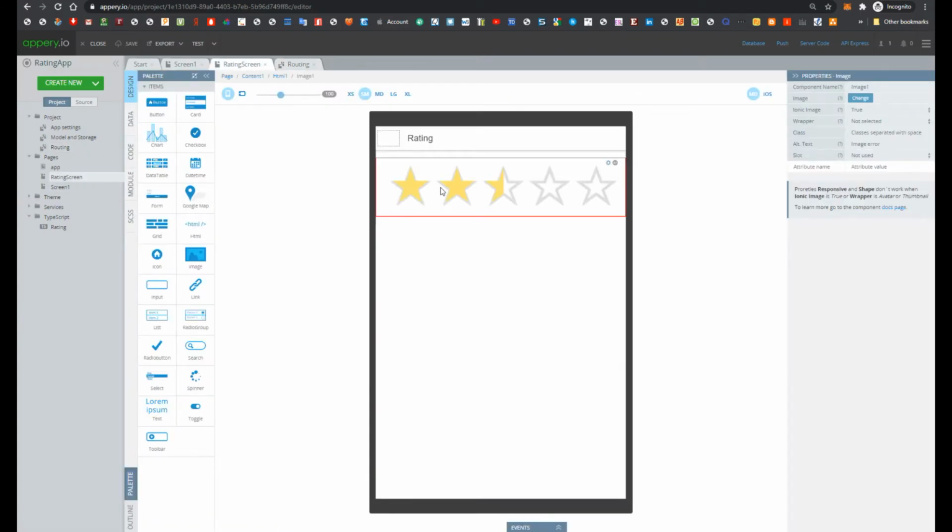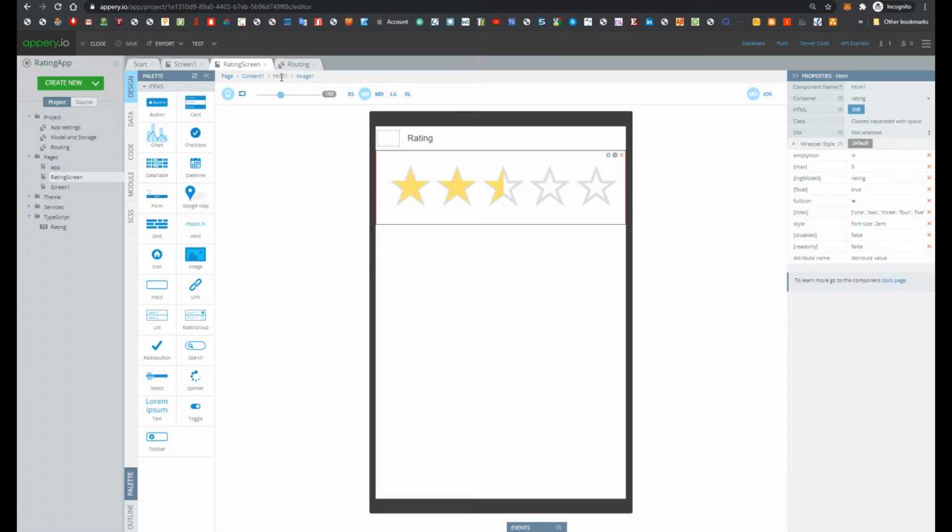Let's select our component, and here we can see that our rating component consists of 2 components. First is HTML component, where container is specified as a rating, and then here we see the list of properties of our rating component. So the most important are max property, where we can specify the number of, in our